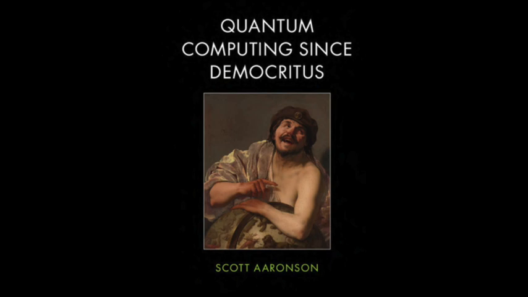And its counterpart, co-RP, flips that script. It demands absolute certainty for yes answers, but can be a bit more lenient with the no's. So co-RP is the detective who never misses a guilty person but might accidentally arrest an innocent one every now and then. You got it. These distinctions might seem subtle, but they're crucial for understanding the strengths and weaknesses of different randomized algorithms. Okay, this is making a lot more sense now. It's fascinating how we can categorize these algorithms based on their tolerance for uncertainty.